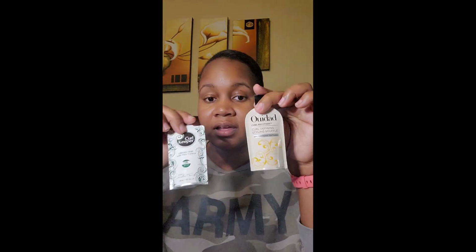If you know you like these products, you can even get these sometimes from the little travel station in your stores. But again, like more conditioning stuff, be it hair stuff, be it body stuff. I use these, and like I said, just throw them away, throw them to the side in this basket. And when it's time for me to go, I may load up a little pouch like this or my little zip up luggage, put it together, and I know I have what I need